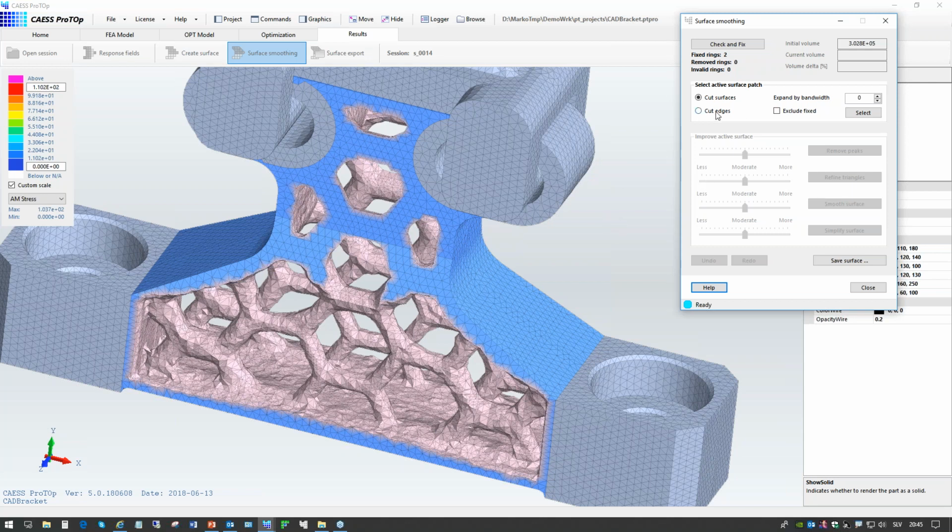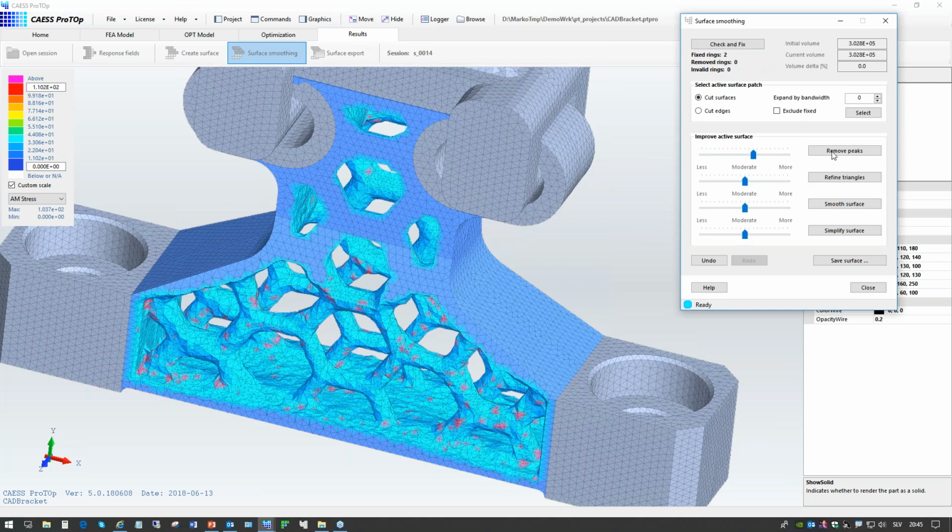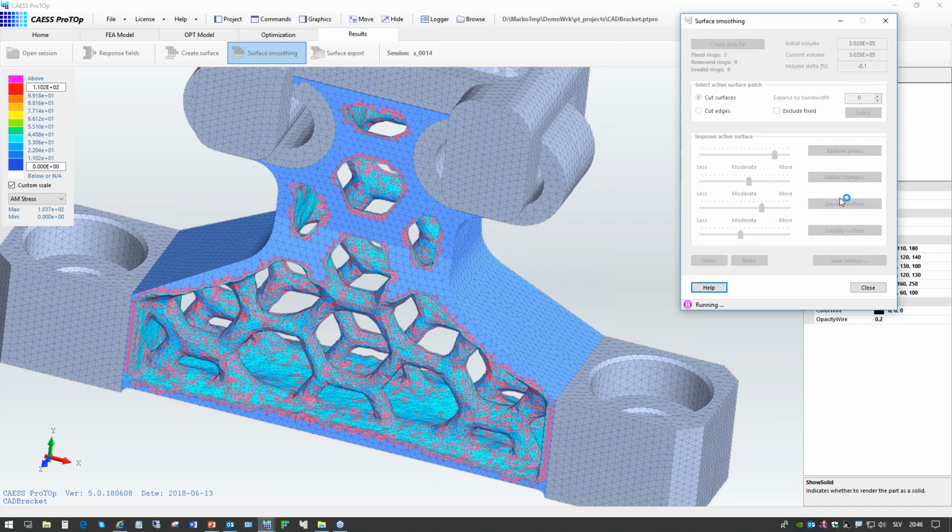And it can also be nicely smoothed. For example, if we select just the cutting surfaces, remove a few little peaks, I will just run the most basic operations a little bit. Okay, a little bit simplify, refine, and smooth. Okay,